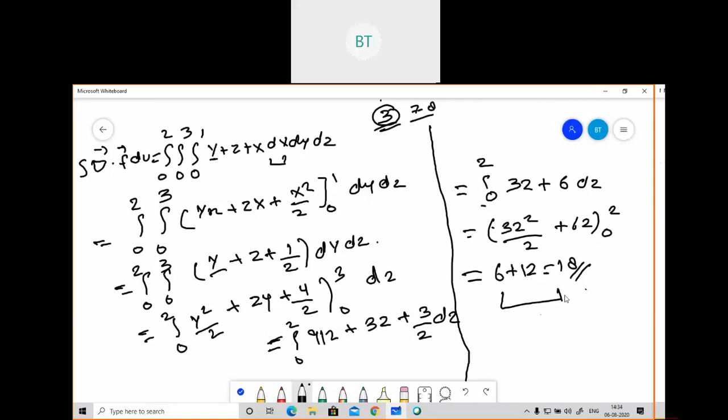If you have any doubt in this integration or how I solved this problem, please ask me. If you have any kind of doubt about how I solved the first part of this problem, please ask me. So is it clear to everybody how I solved it? No, sir. Where, Shubham? Where is the doubt? Where have you not got it?